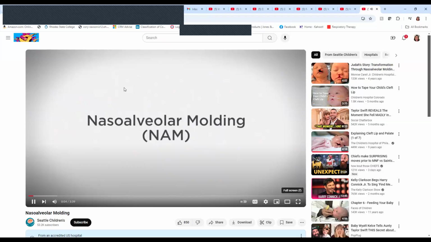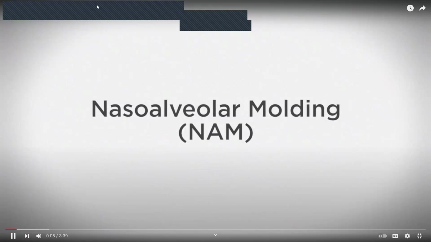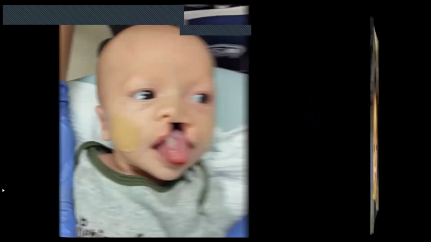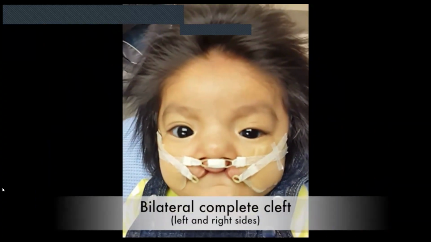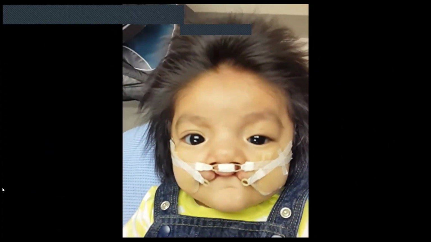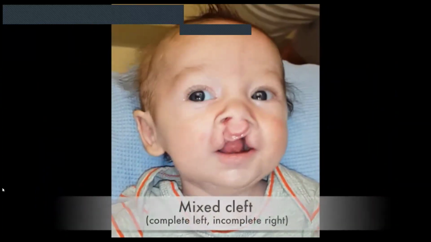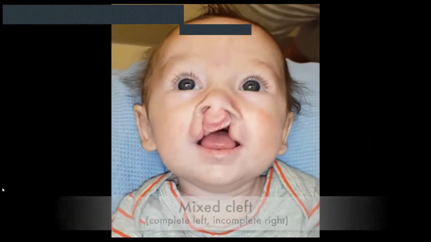Nasoalveolar molding, or NAM, is a treatment option for children born with a complete cleft lip and palate. At Seattle Children's Hospital, specialized orthodontists offer NAM therapy for infants with unilateral, bilateral, and mixed clefts. NAM treatment begins as early as the first week of life and continues until the primary lip repair at approximately